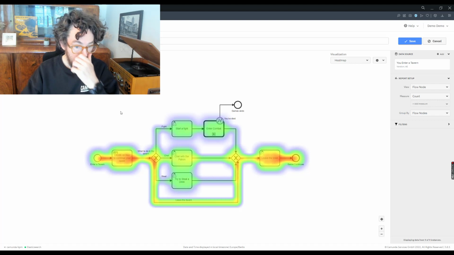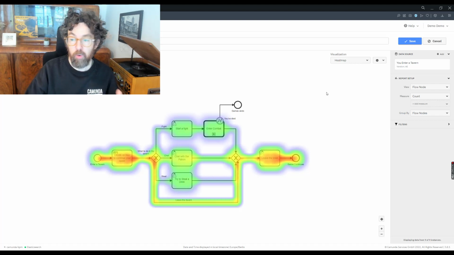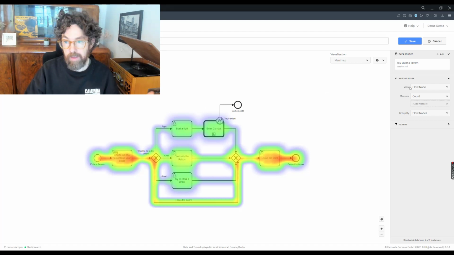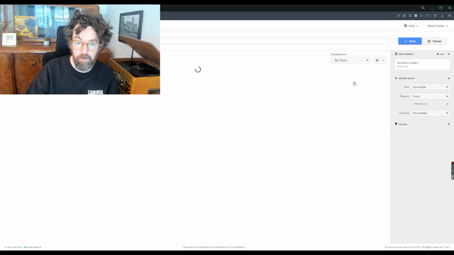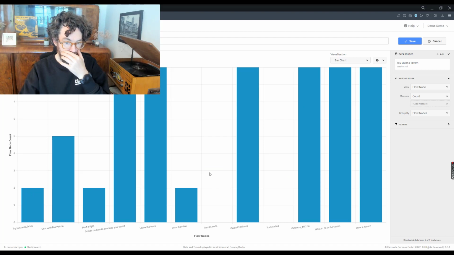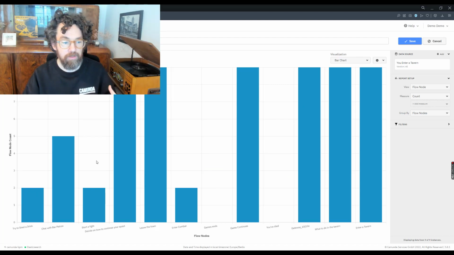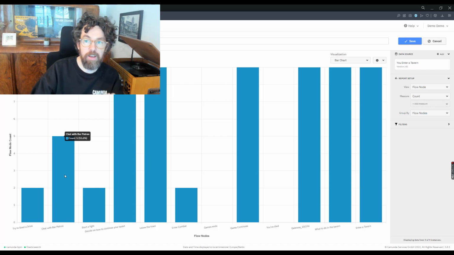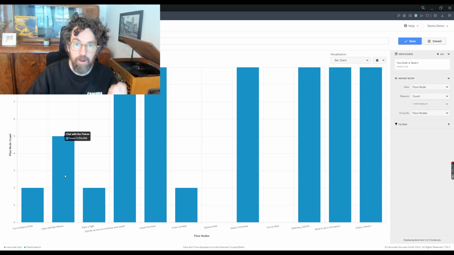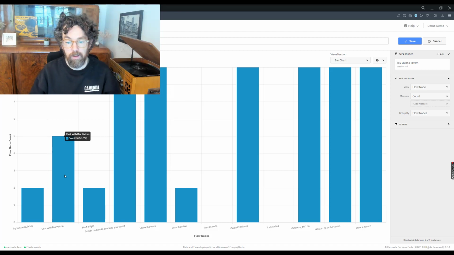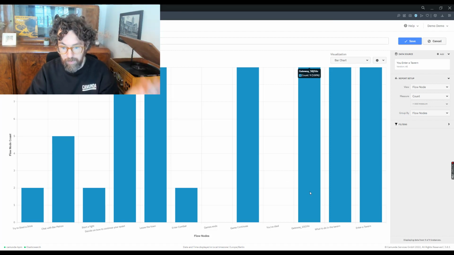So for instance, being able to, let's say, do a report based on where exactly we've been. So if I do a heat map and I do maybe a bar chart, we have a whole bunch of different things. We have leave town here. Now, one of the interesting things about this is that these are all tasks that need to be accomplished, right? These aren't definitions of state necessarily. Because of the way BPMN works, what we have here is a gateway, which probably isn't too relevant.